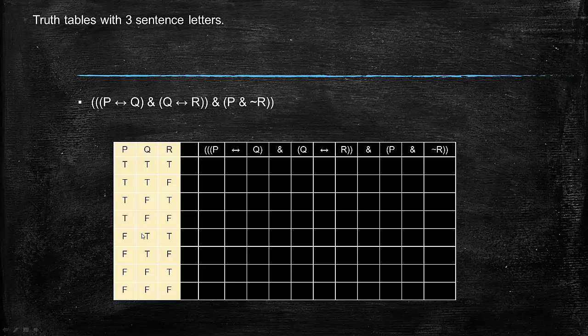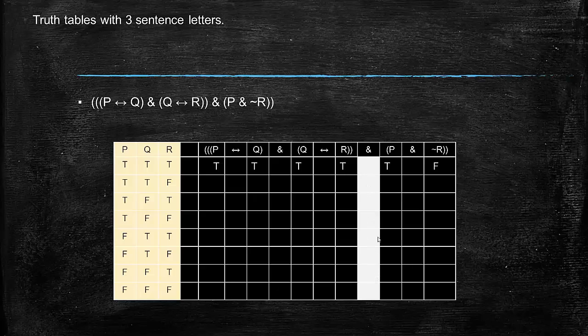You can see that the and here, this ampersand, is the main connective, right? Should be fairly obvious to you now. And so some of the work is just the mindless activity of putting all of the corresponding truth values under the right sentence letters. So I've given F to not R to make that step quicker. And then actually, if you're really just trying to fill out all of the values under the main connective,